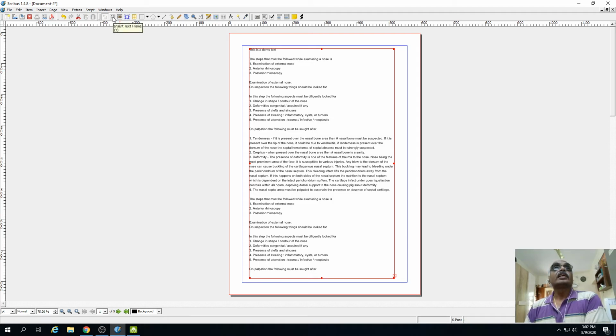And then this is insert text frame, this is insert image frame, this is insert render frame, and this is insert table, this is insert a shape. The shape can be a default shape, arrows, flowchart, jigsaw. These are all the shapes which are possible. And then here it's an arrow. Here this one is a pen with which you can draw bezier lines. And this helps to rotate the image.